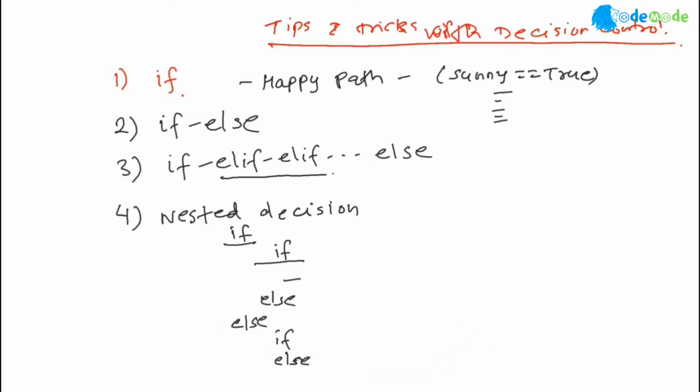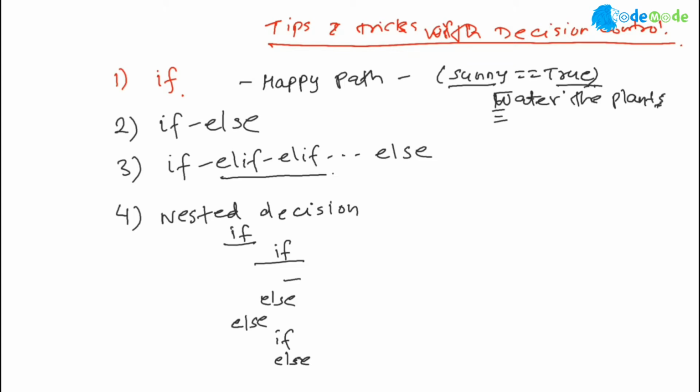You don't go and check the plants and say, oh, today it rained, or today is cloudy, there is a chance of rain and all. You don't do that. You do nothing. If it is sunny, then water the plants. Right? That's what I call the happy path. You don't care about if it doesn't rain, then I don't worry about it. So if there is a single variable and you're caring only about the true value out of it, you don't care about the false, in that case you use if.